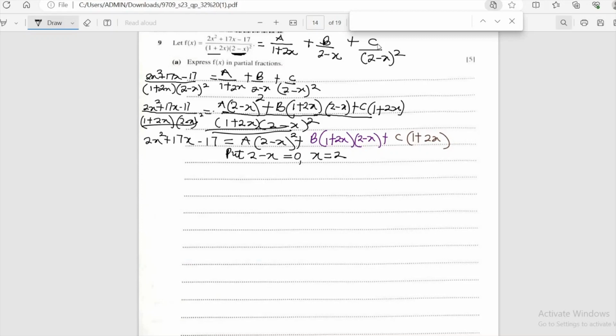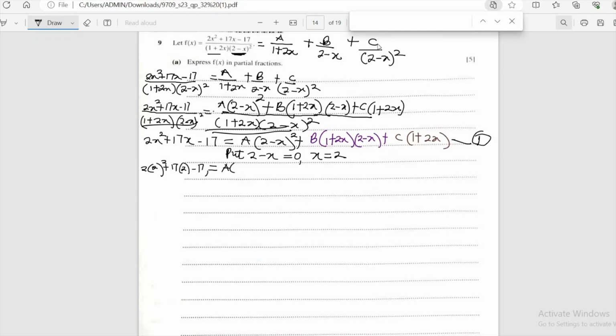Let me call this equation 1. Since x is 2, substitute x equals 2 in equation 1. So we have something like this: 2 times 2 squared plus 17 times 2 minus 17 equals